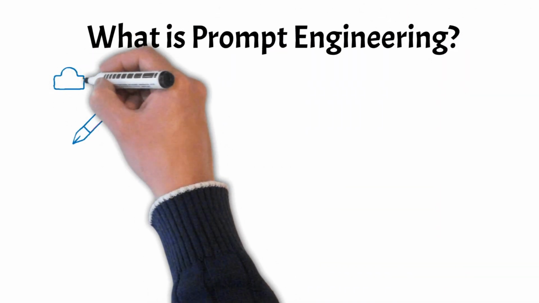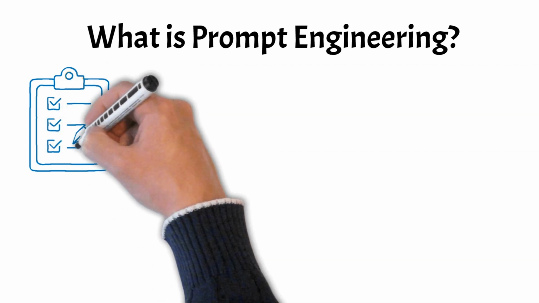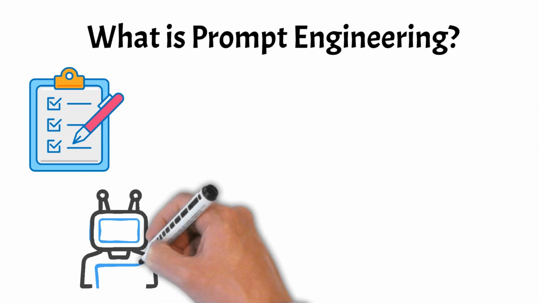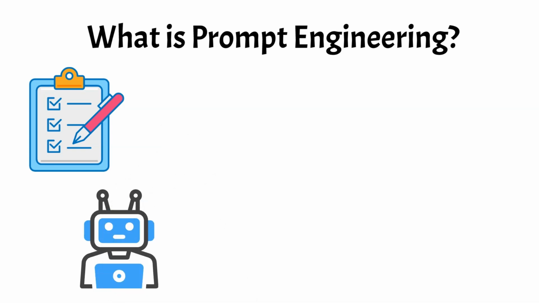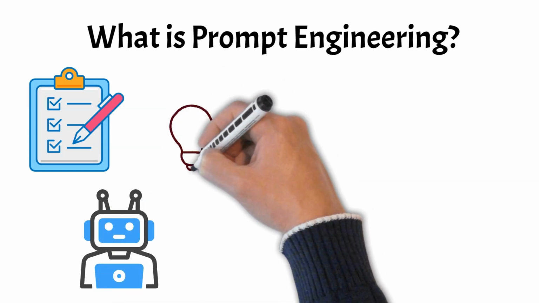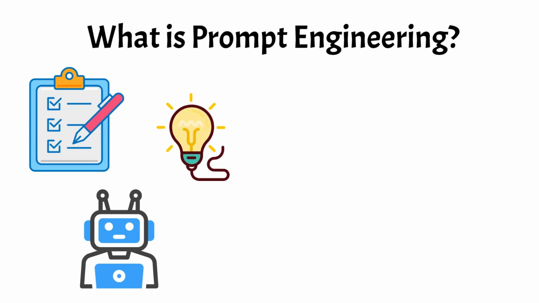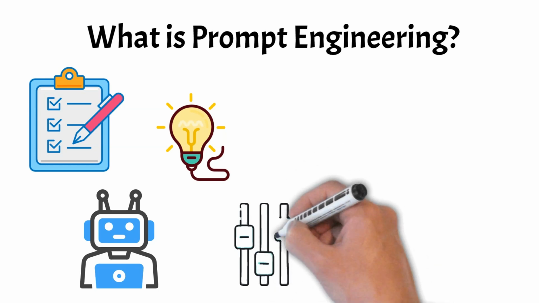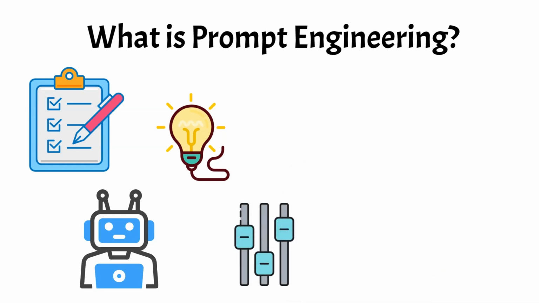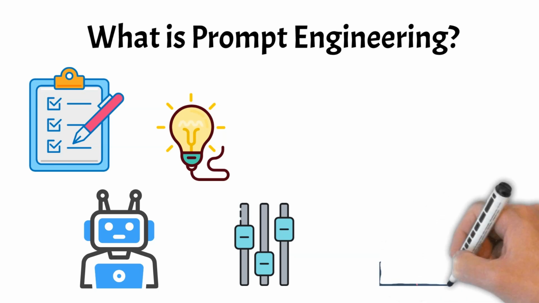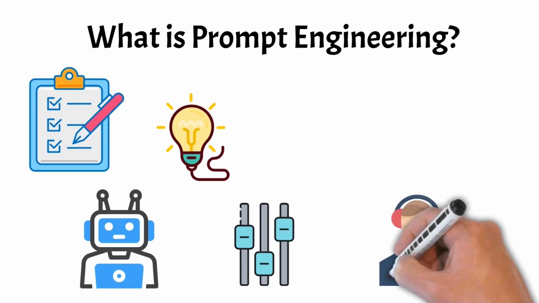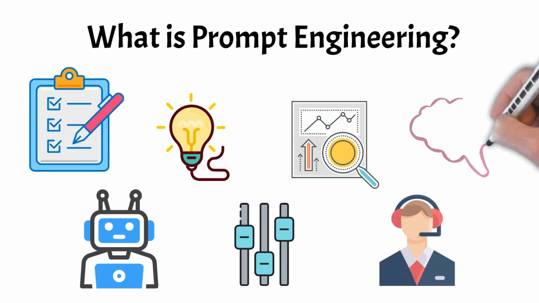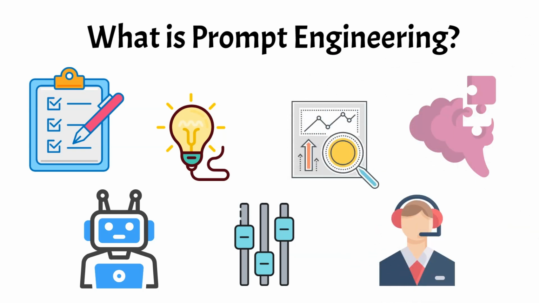Prompt engineering involves creating clear and effective instructions that guide AI models like chatbots and virtual assistants to give accurate responses. For instance, when you talk to Siri or Google Assistant, how you ask your question affects how well they understand and reply. Mastering prompt engineering means tweaking these instructions so AI can interpret them correctly and quickly provide the information or action you're looking for. It's crucial for enhancing customer service, analyzing data effectively, and making learning experiences more personalized, thereby maximizing AI's practical applications